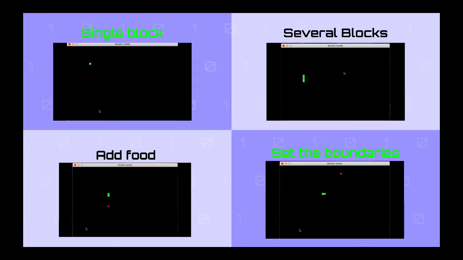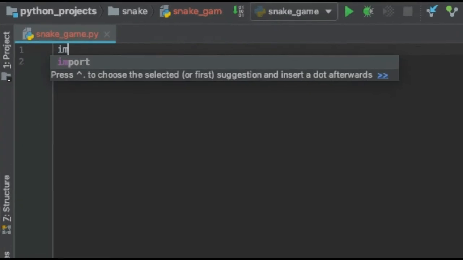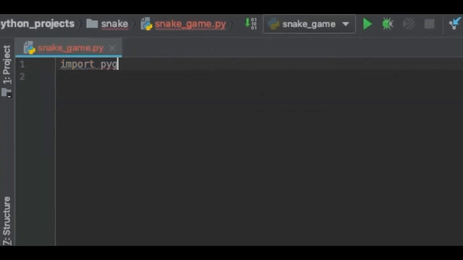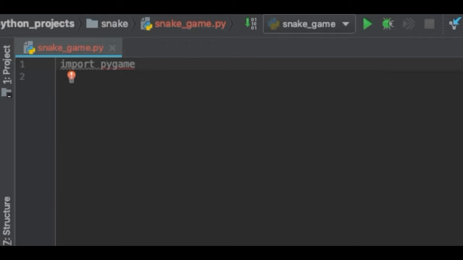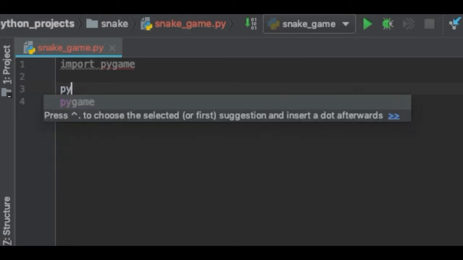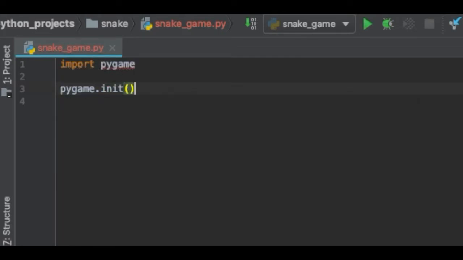First part is creating a square that moves around the screen when we press any of the arrow keys. Since we are going to use the Pygame library, I will import it here. Please make sure before you do that you have installed the library using the pip tool. We will need to start the game engine using pygame.init, and now we will create a window that will contain our game with